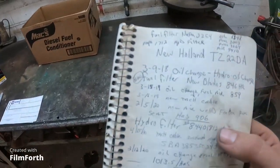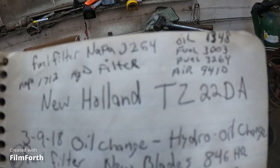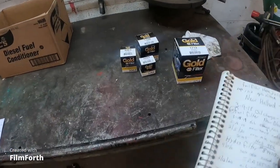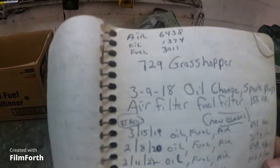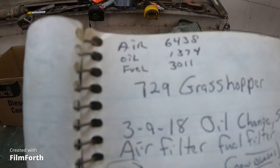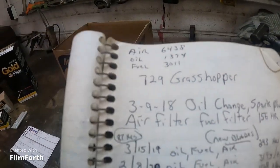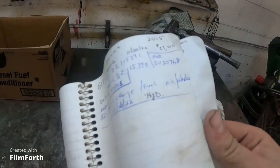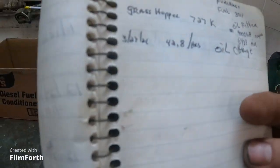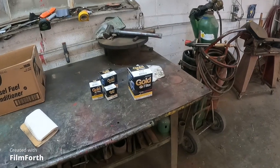Got the book here, with all the numbers and everything. The only thing we don't have is an air filter, but that is beside the point. Go over a few pages. Air filter on, or I mean the oil filter. Fuel filter is the same on 729 as the 725. Right there. So, yeah. Okay, so,